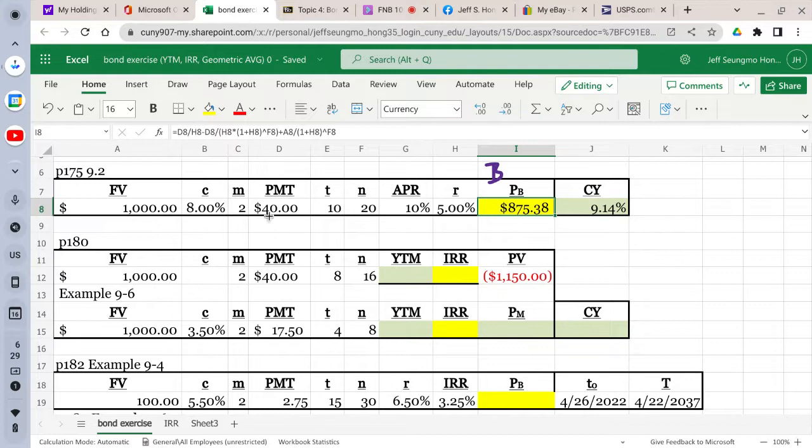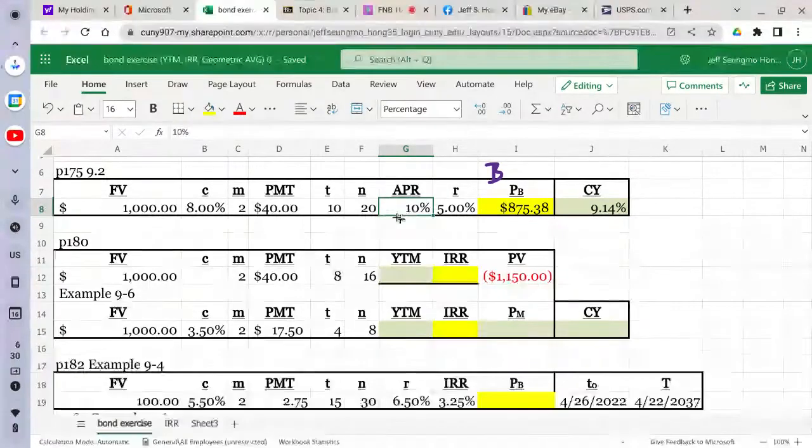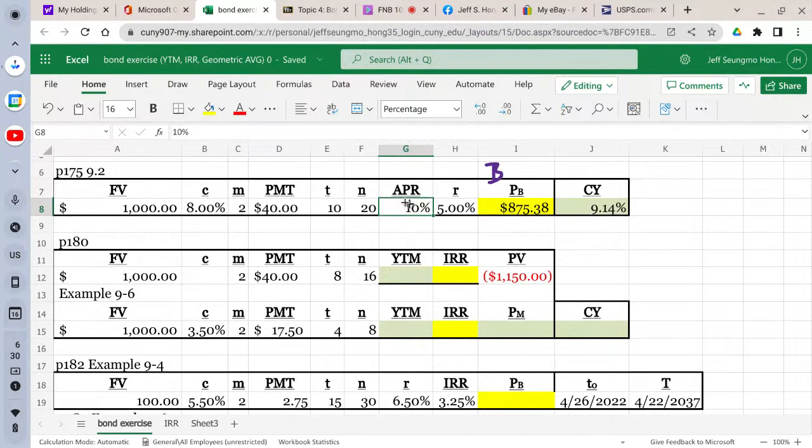Now, if you see, this bond is supposed to be a discount bond. We can tell it's going to be a discount bond, right? Why? Because the coupon rate is below the discount rate. So in that case, this is the long-term yield, or yield to maturity. The current yield will be somewhere between the coupon rate and the long-term yield, the yield to maturity.